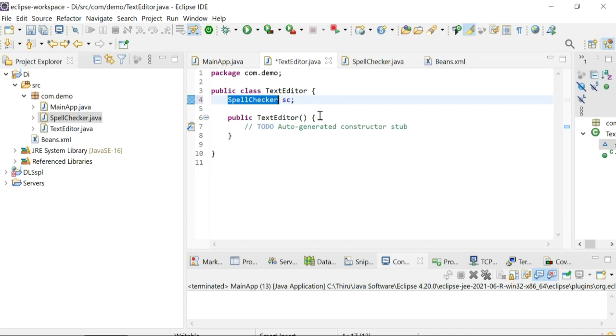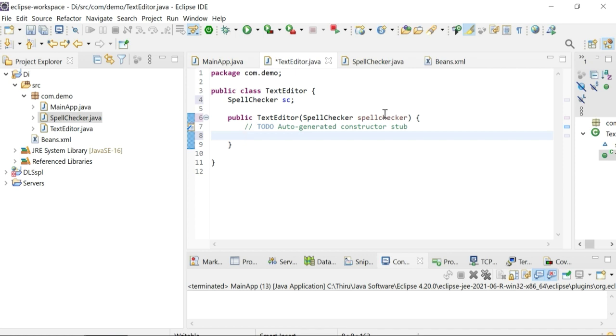Okay, now what I do in the text editor constructor, I just pass in the spell checker object, right? And whatever spell checker object is passed as an argument should be initialized within the text editor constructor.